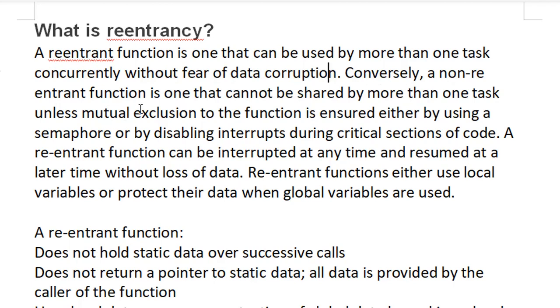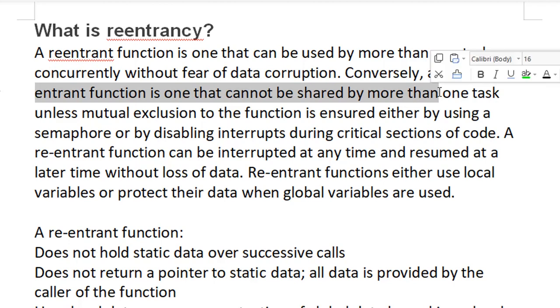Conversely, a non-reentrant function is one that cannot be shared by more than one task. What's the meaning of this? If a function is non-reentrant, it means only one process or one task will execute. But nowadays we need all functions to be reentrant, because any process can come or multiple processes can be accessing them.